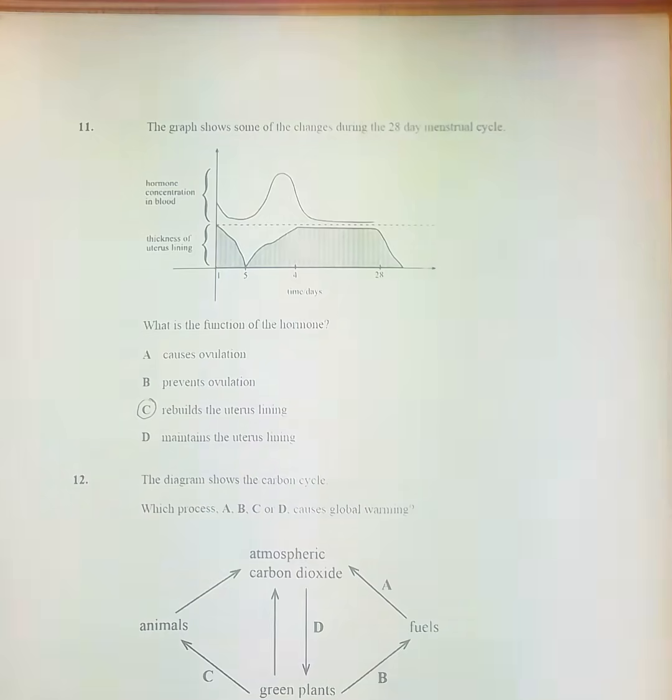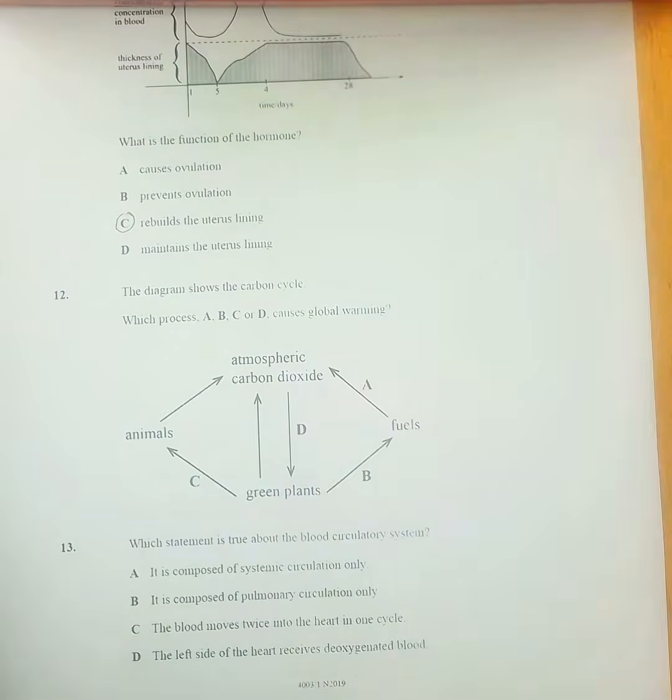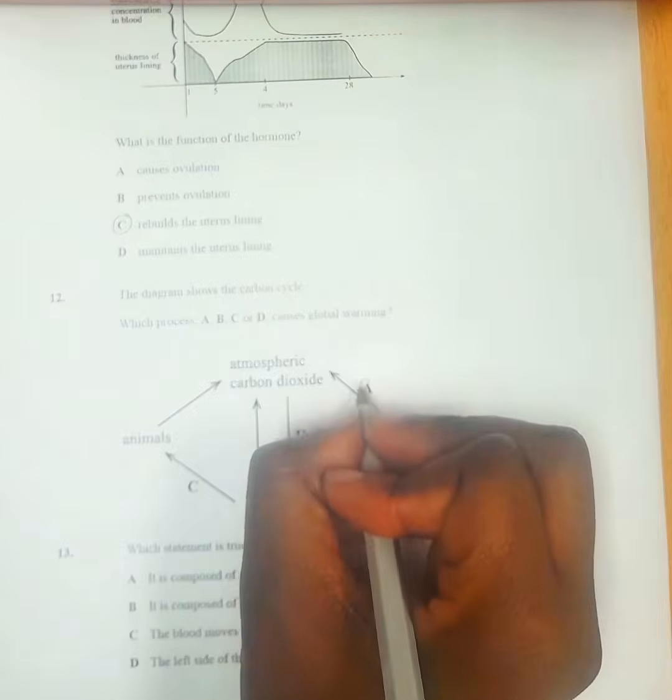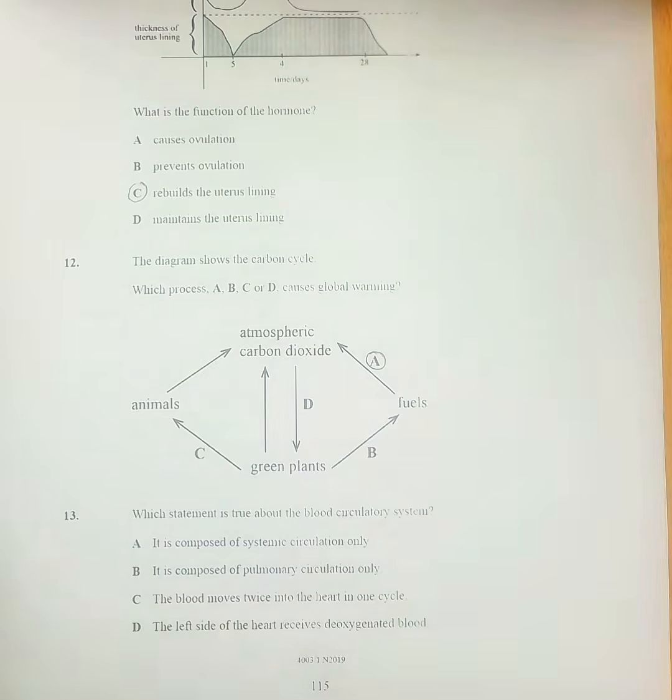Let us move on to number 12. Number 12, the diagram shows the carbon cycle. Which process A, B, C, or D causes global warming? We are going to select A as our answer, which is combustion. So global warming is a gradual increase in the average temperature of the lower atmosphere due to the concentration